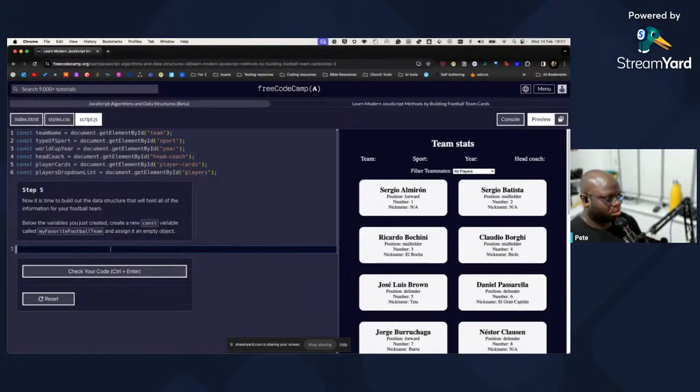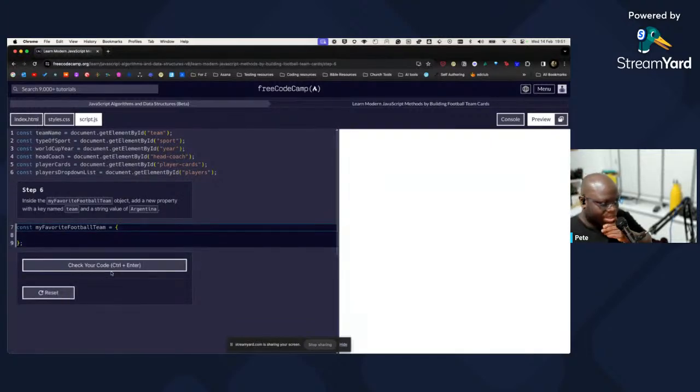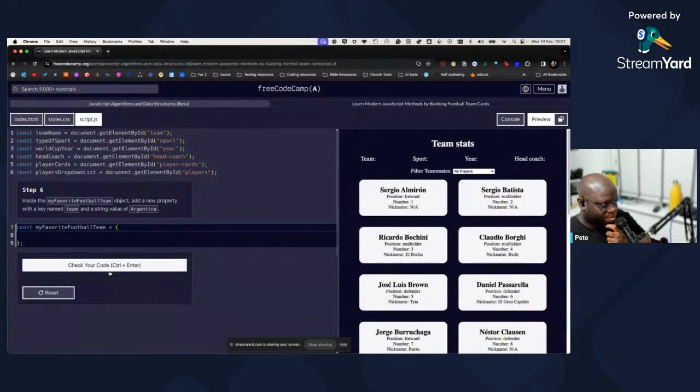Alright, so we're gonna start doing some object stuff. I'm gonna copy this, avoid typos. Oh, I've forgotten what the syntax for objects is. I don't need to remember it because